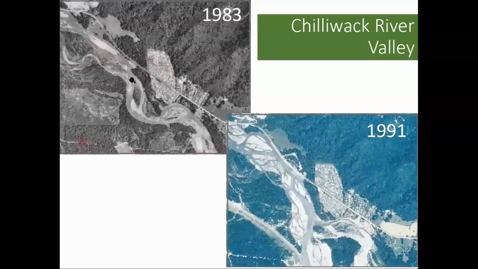And again, if we compare 1983 to 1991, the channel has changed, and therefore the riparian environment has also changed. This is an extreme case. This is a huge river, and it's very, very dynamic. But in the smaller systems, we